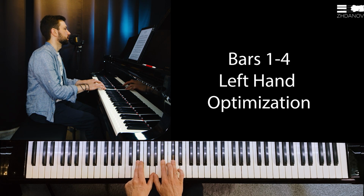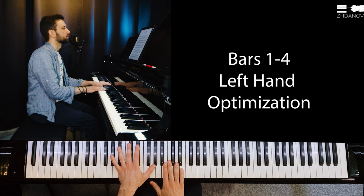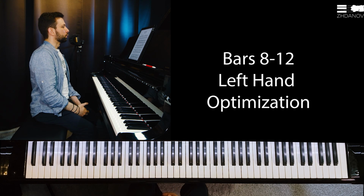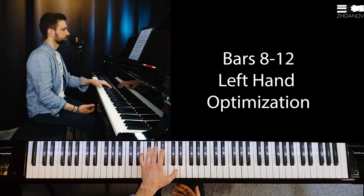chord progression. And if you can analyze functions a little bit, if you know something about music theory, and you can understand where we have tonic, dominant, subdominant, and other functions and other chords, that would of course also be very helpful. When we get to bar 8, 9, and so on, when the texture changes a bit and we have another voice,